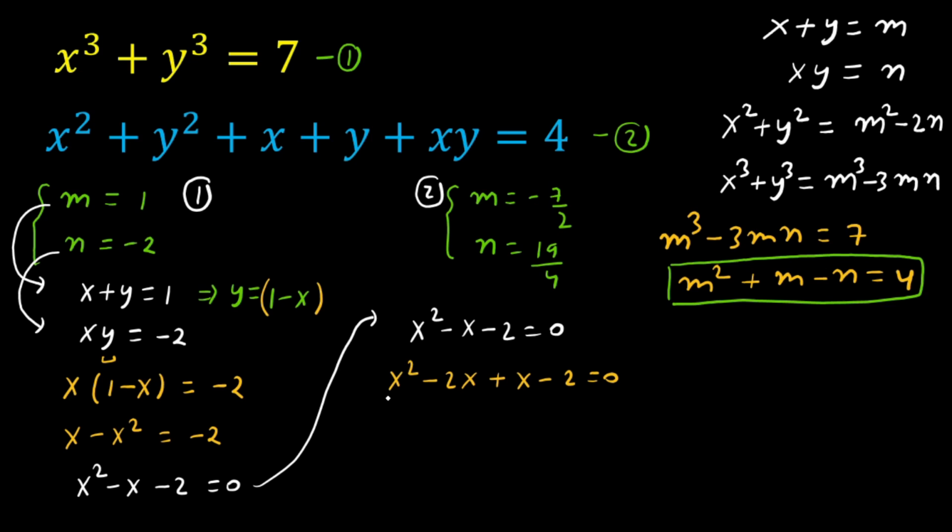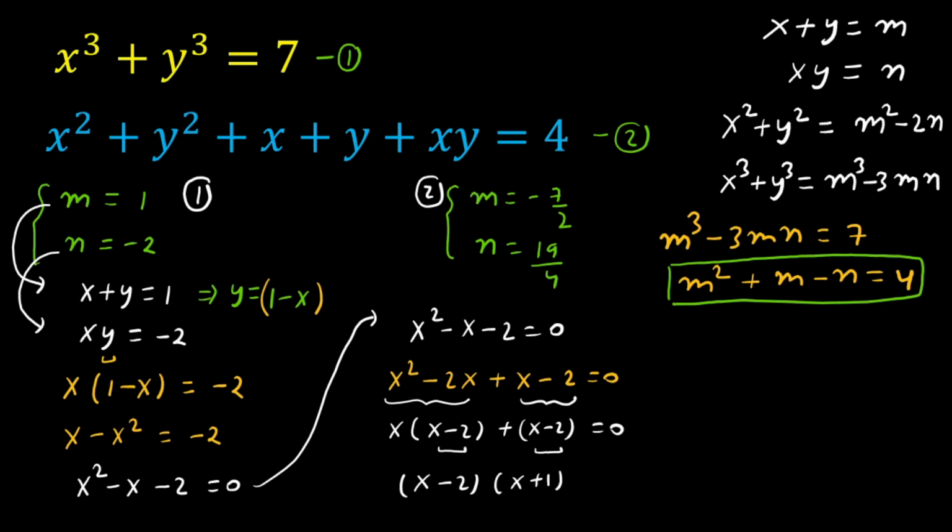Look carefully at these two terms. If we take x common, then x minus 2 and x minus 2 are common, so if we take x minus 2 common, then we get (x minus 2)(x plus 1)